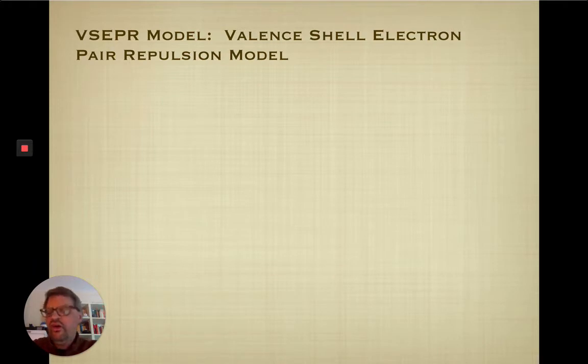In your previous lesson, you should have looked at what are known as Lewis dot structures. Basically, that's like a schematic diagram for a molecule. It shows you how the valence electrons help to hold together the atoms of a molecule. Okay. Now, in this lesson, we're going to take Lewis dot structures and use them to determine the actual shape